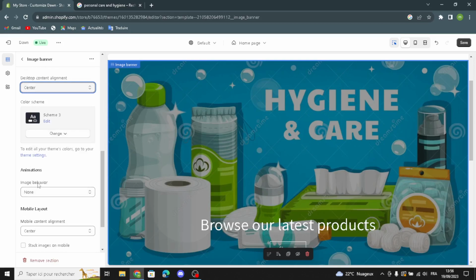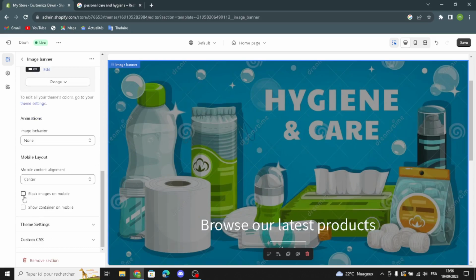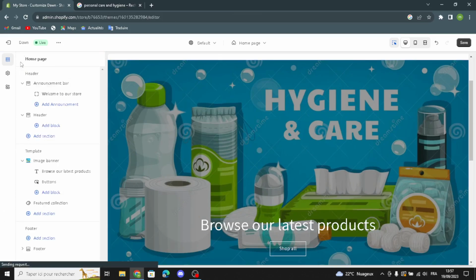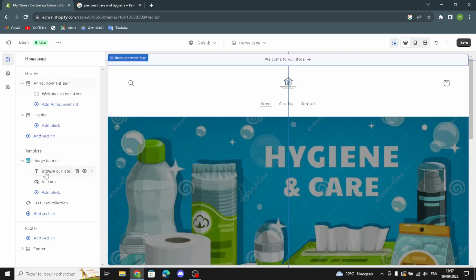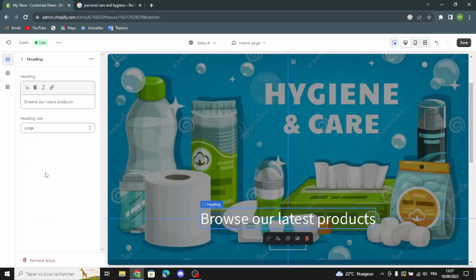You can change the animations, the image behavior. You can change the mobile content alignment. Here you can show this on stock image on mobile. You can show container on mobile. So that's it. Now let's move on to the next, the heading